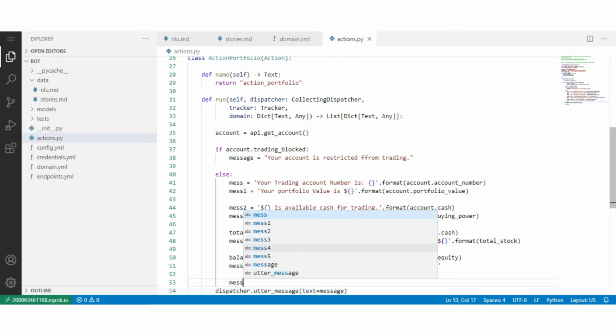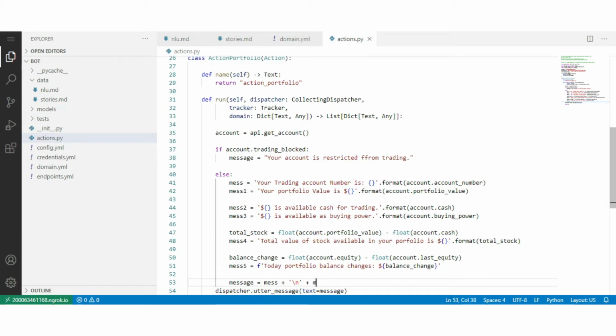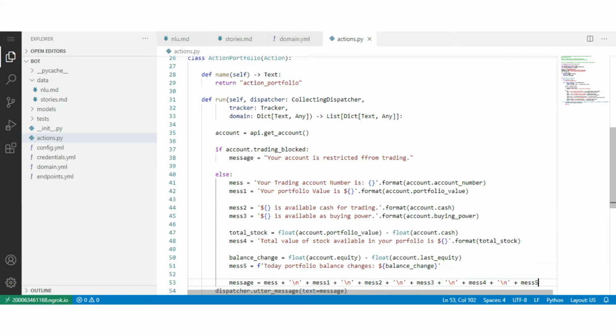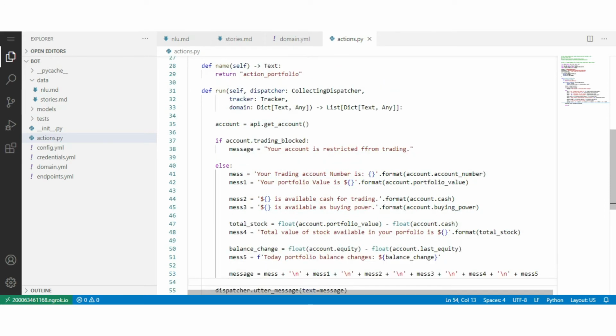Type. Well, we created our first custom action, portfolio.